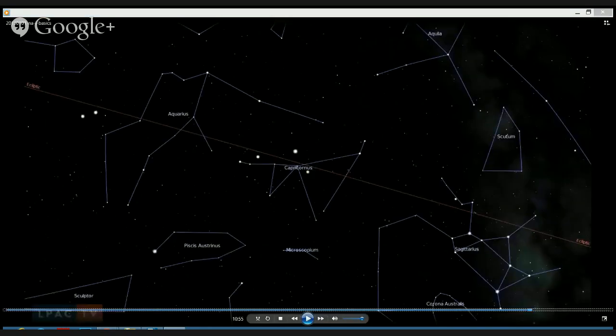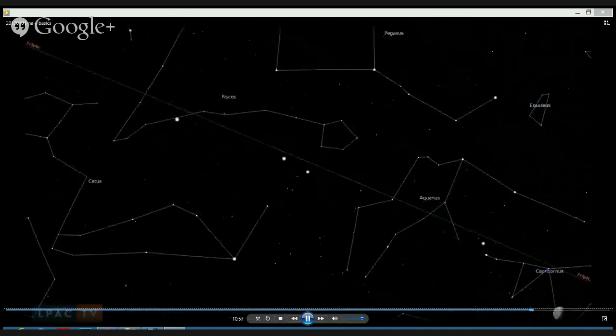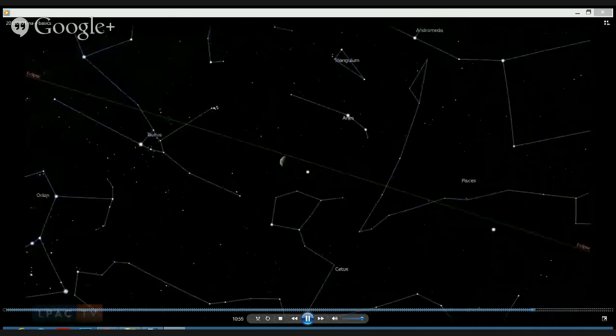So let me show you another funny thing that these planets do here. Switch over. Okay, rewind that. So the view here is focused on Mars. It's the red dot you see in the center of your screen. We're going to watch it move. So it's moving left against the stars.